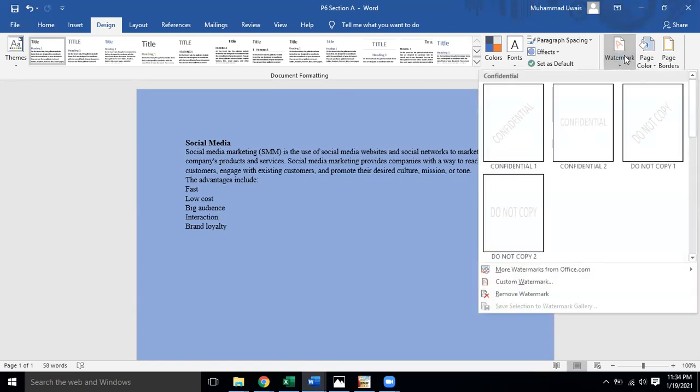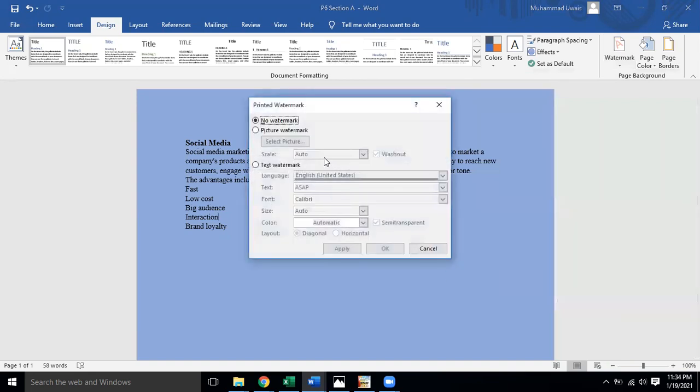We are going to make a custom watermark because we are not going to take the texts which are already given. I have already explained all these points. So we are going to type our own text. Over here, I am going to type the text use of social media. You can choose the font size and font design; I just leave it as Calibri. Horizontal, diagonal, vertical, how you want to put it, I say diagonal. I apply this, then you will be able to see the impact and I close this box.